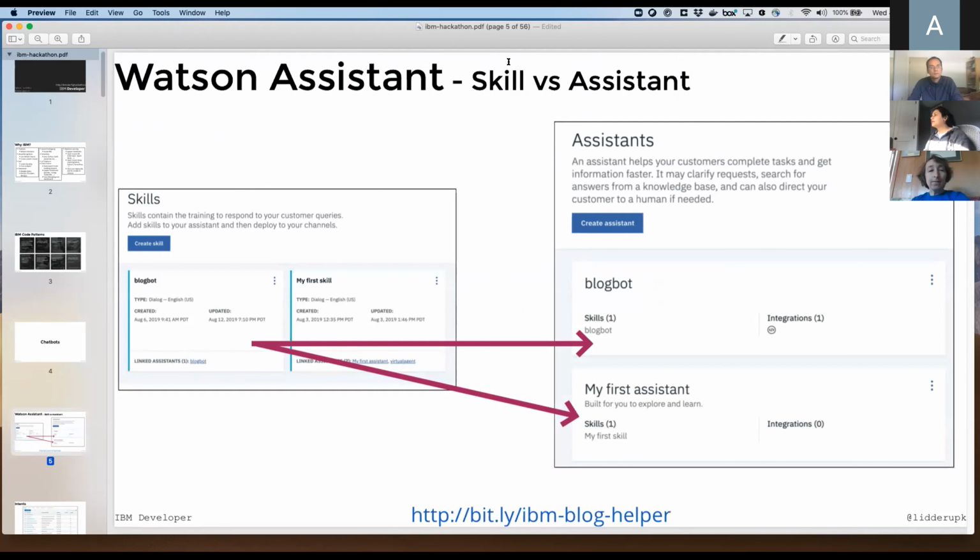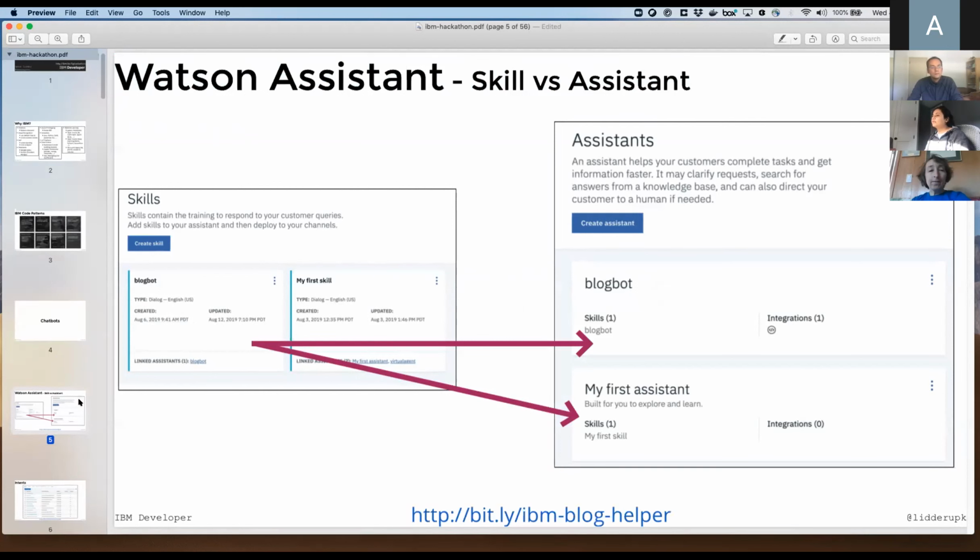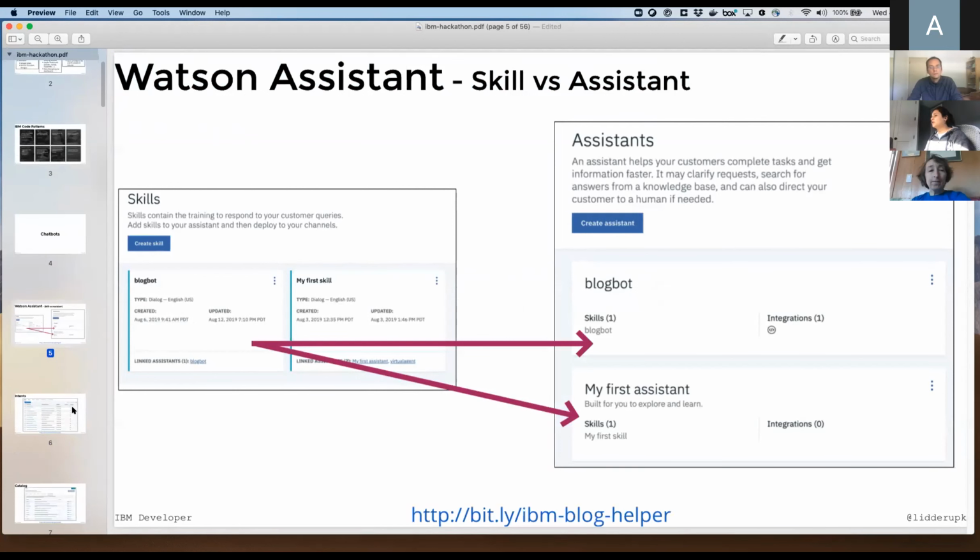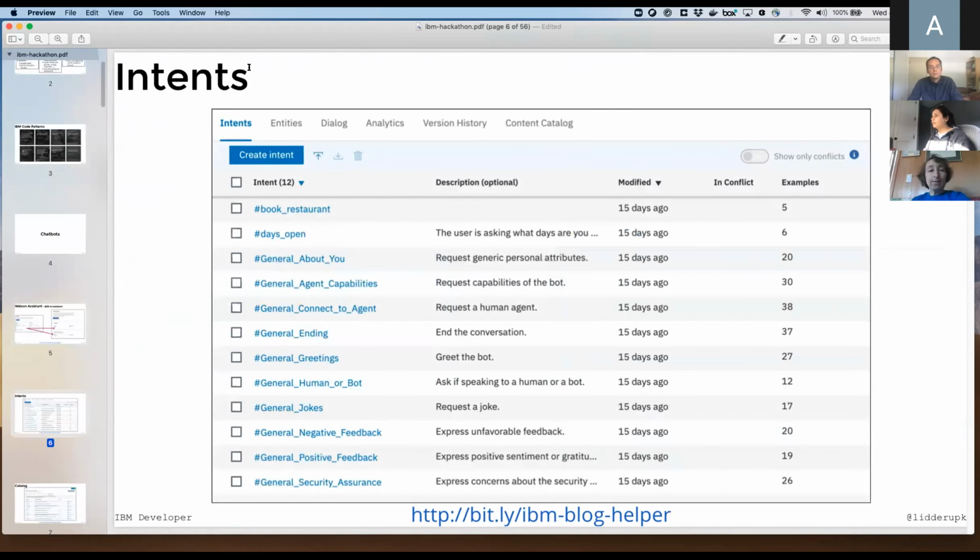And there's a concept called skills. Basically what happens is you have to create a skill, and you have to give it a couple of different things. The one thing you'll have to give is an intent. An intent is basically anything that